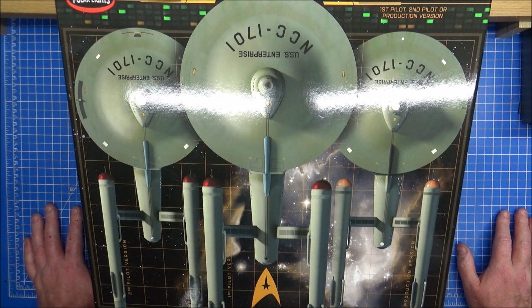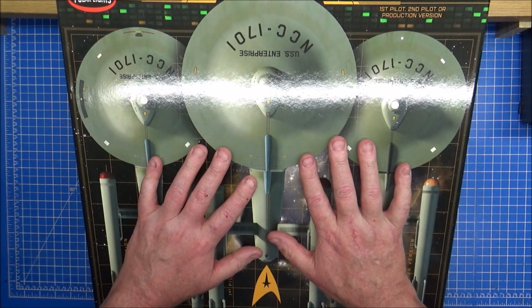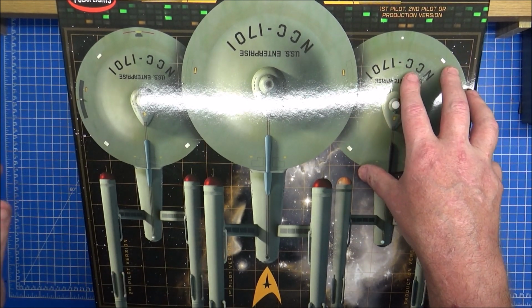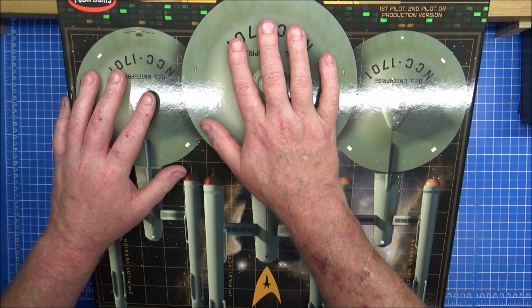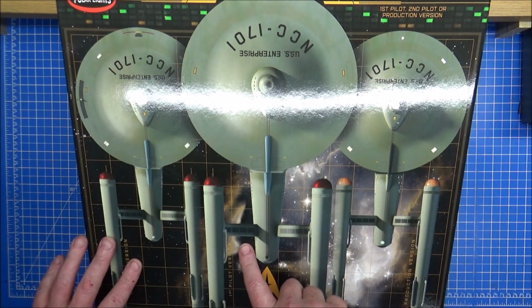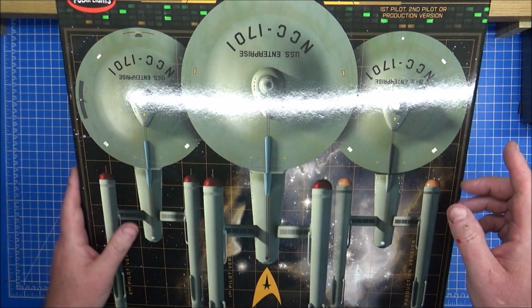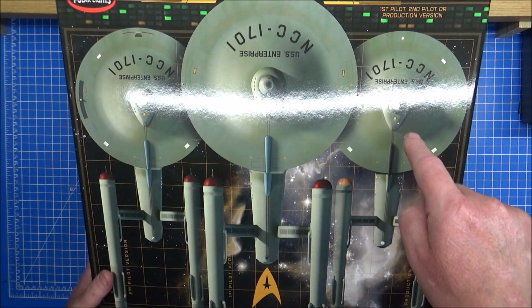I am soon to embark on building this Enterprise. I will be making the full production one. I don't want to do the mirror universe or the second or first pilot. I would love all three, yeah, but these models are way too big. But before I get started,